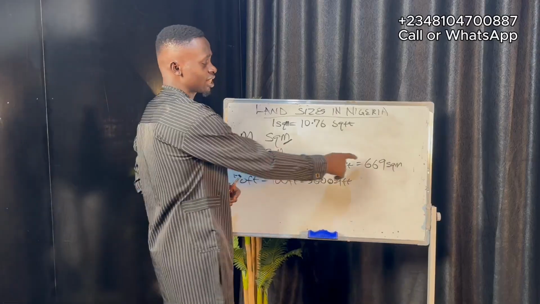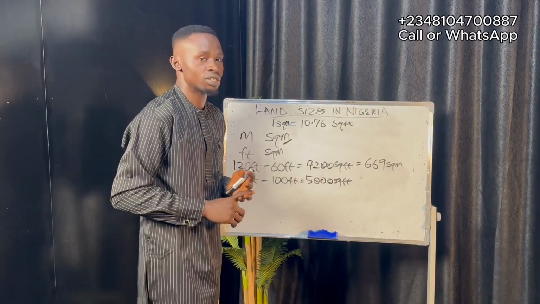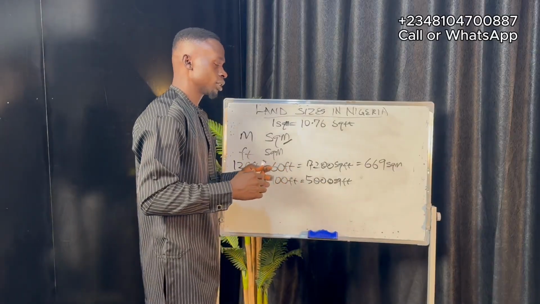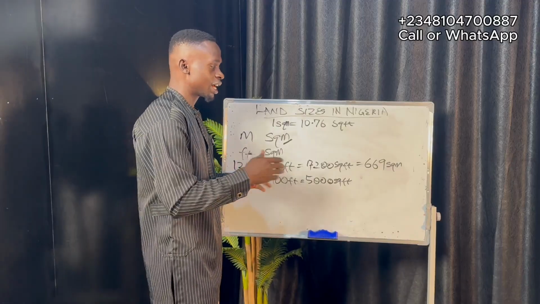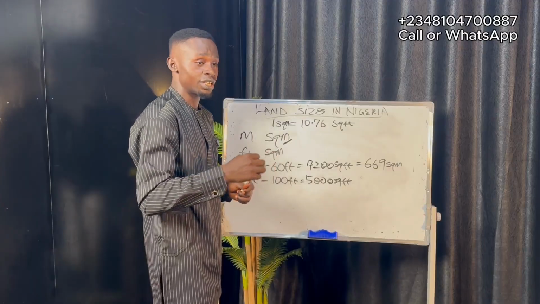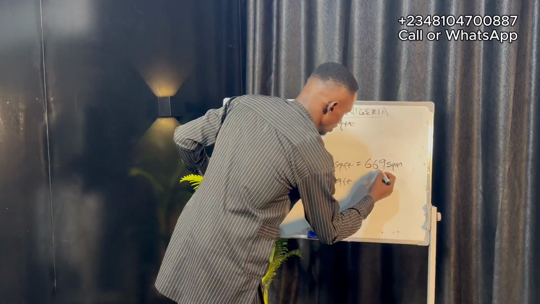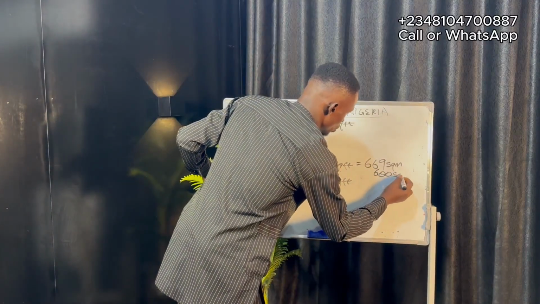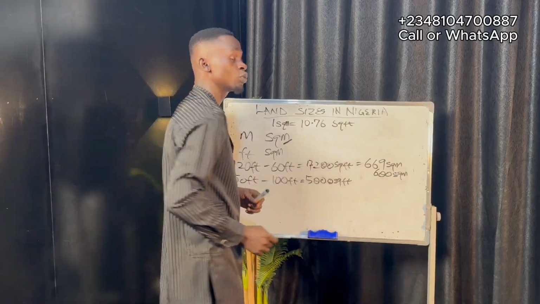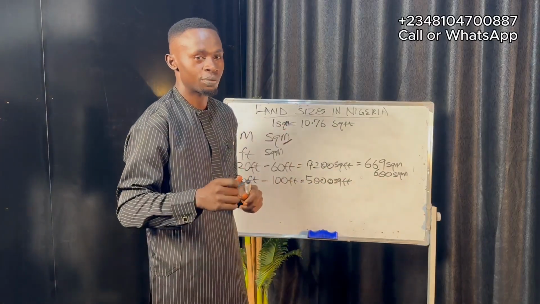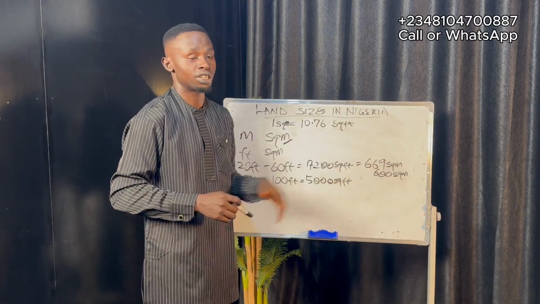Lagos. But sometimes it can be a little bit below this, especially when you are buying from a real estate company, because there's going to be things like demarcation, beaconing, road construction. Because of those other things that are incorporated in the estate, it is going to take some space here. So we'll be having around, let's just say, 600 square meter. So this is what is considered as full plot in Lagos if you are buying properties in Lagos. That does not mean it cannot be below this, but it's something around this area that is considered as a